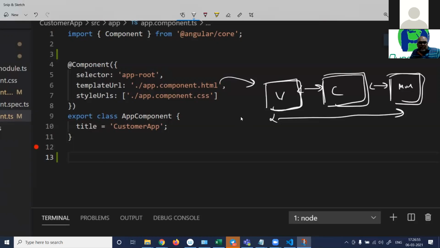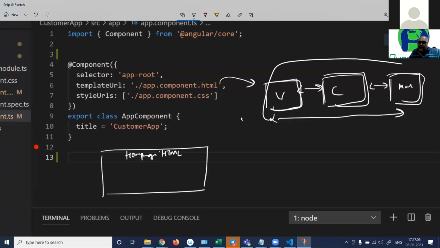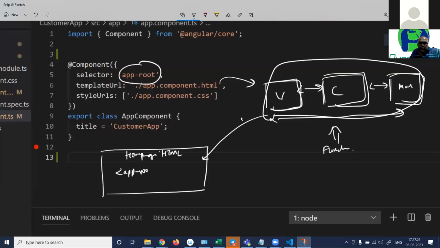Now let us say I have some page, I will say homepage.html. How do I call this functionality on this page? What should I write in the HTML? You will write this guy. You will say app root. And this whole thing will get loaded here.